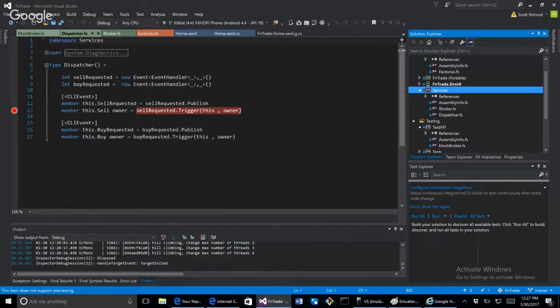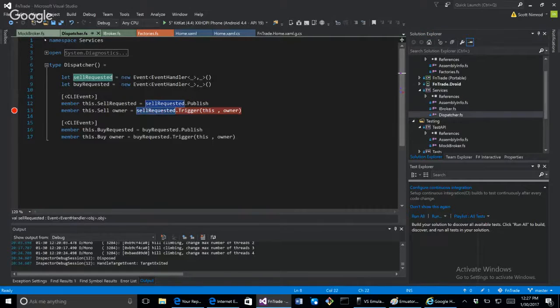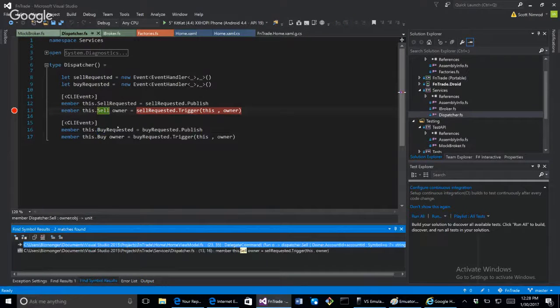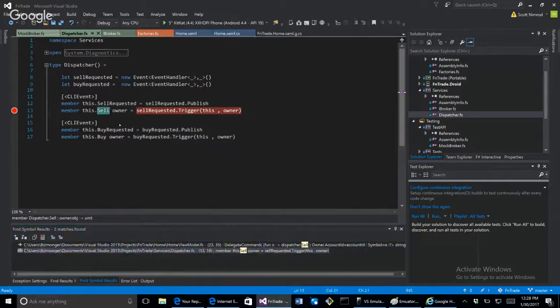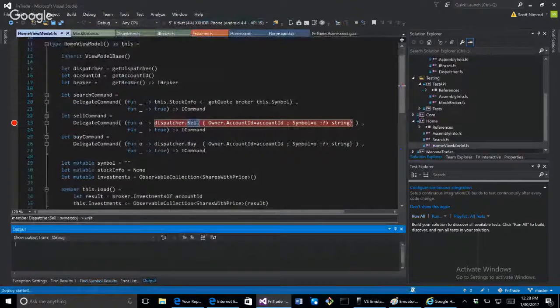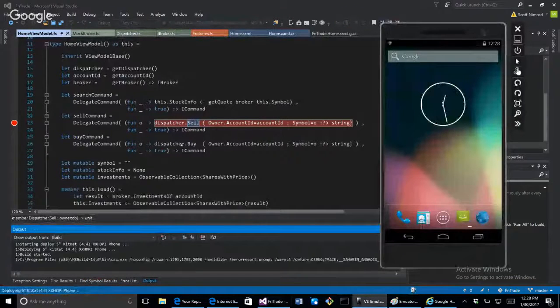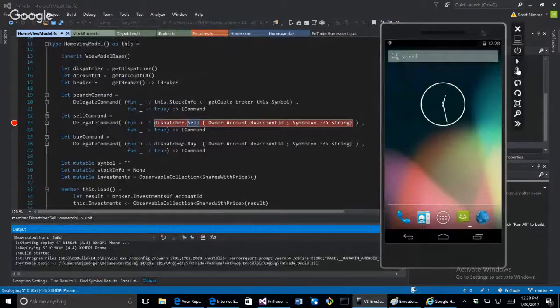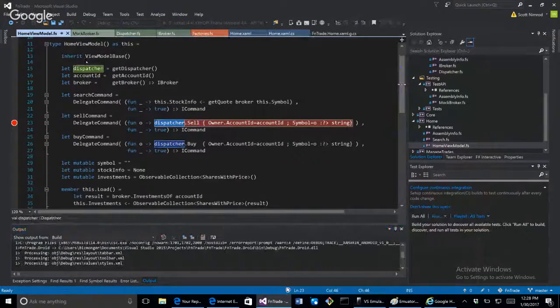All right, and my dispatcher is also within the services library. And this dispatcher is basically going to harbor the declared events, such as when a sell is requested for shares or a buy is requested for shares. And that is used within my view model. So remember when I launched the emulator, you could select a stock, and then you could sell or buy. Well, that dispatcher is used there on that command,